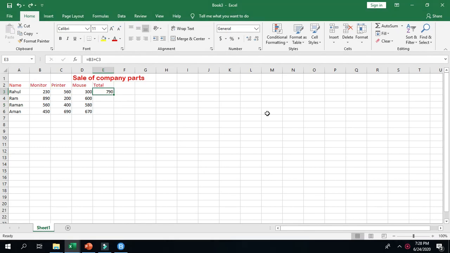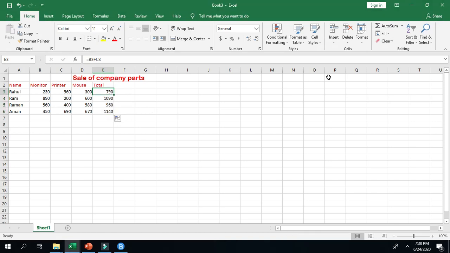Our next topic is copying a formula. In Excel we can copy a formula using the autofill feature. This is a feature which is used to copy a formula across rows or columns in a worksheet, and this feature helps us to save our time. Suppose we want to apply the same formula that we have applied on this one box to the next rows also. Then we will place the mouse pointer on the bottom corner of this box. Then we will drag the mouse downward. See, the formula is copied.